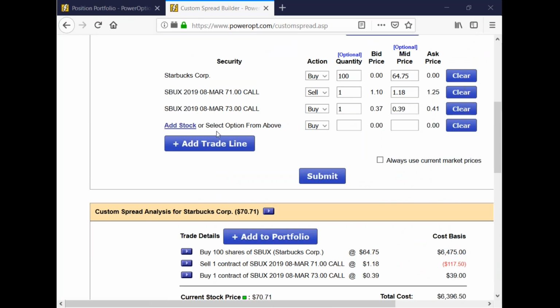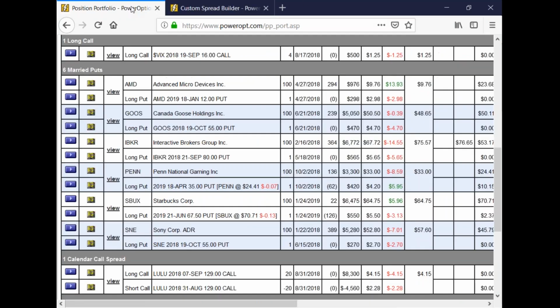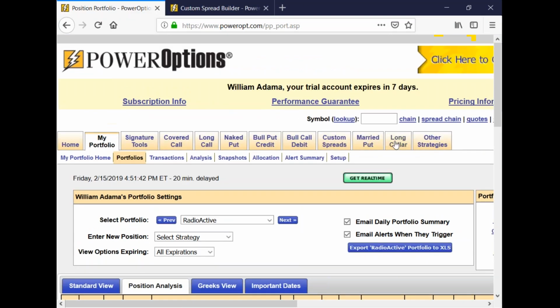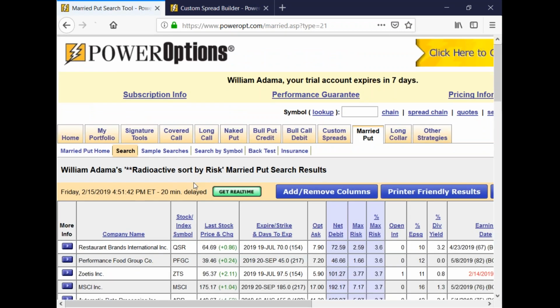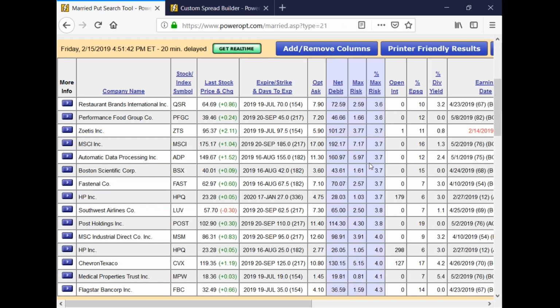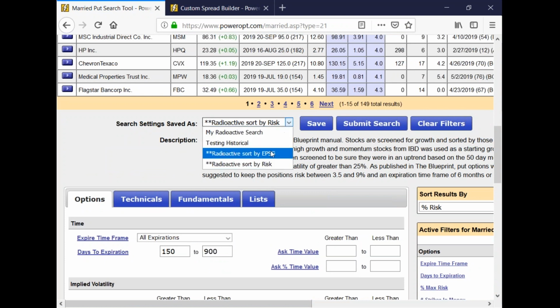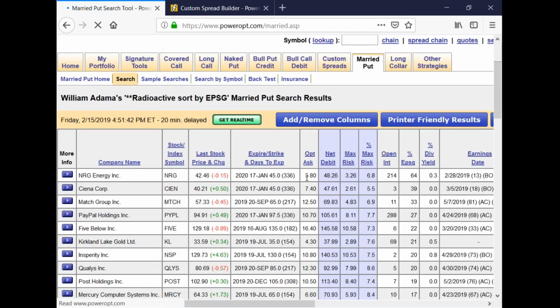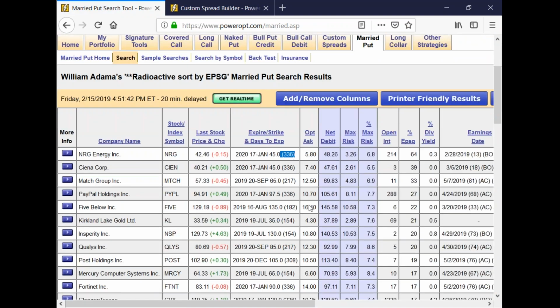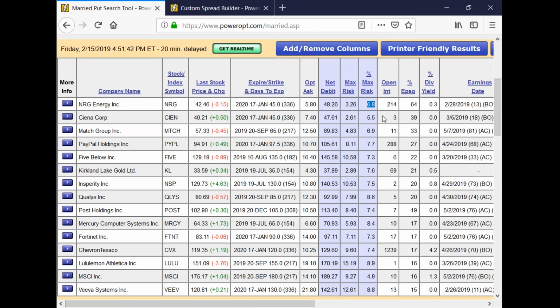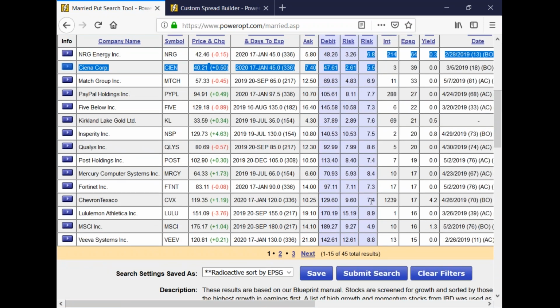In other words, Mark, any married put position I would open today, following the radioactive trading techniques, which, usually I have about 40 to 50% of my trading account allocated to this strategy. I'm going at least 150 days out in time for protection, and I'm going to keep my risk somewhere between 5 to 8% most of the time. Okay. Nothing here that's around the same price, but let's just take a look at